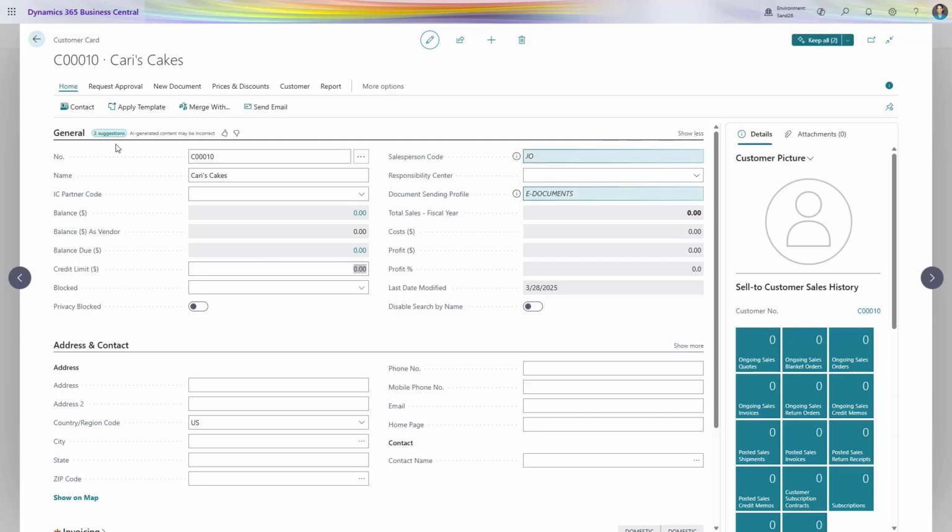I can see that Copilot came up with two suggestions. It didn't fill in the credit limit, but it did fill in a suggested salesperson code and a suggested document sending profile. With a Cronus environment, we only have a small handful of customers. So probably if there was more information for Copilot to look at, it might have better suggestions. Regardless, I can choose whether to keep these values or to clear them out. So the little checkbox will accept the suggestion, and the X will clear out that suggestion, and then I can